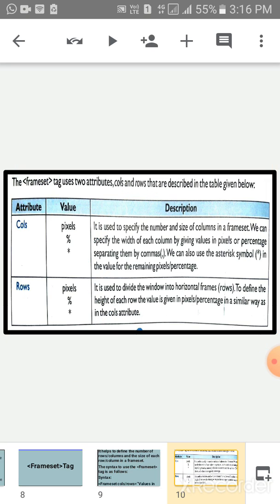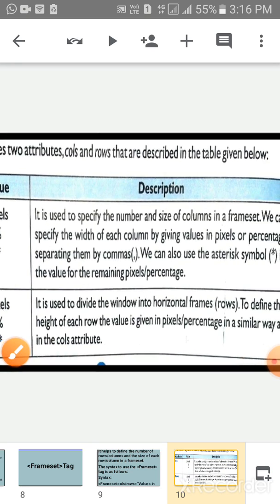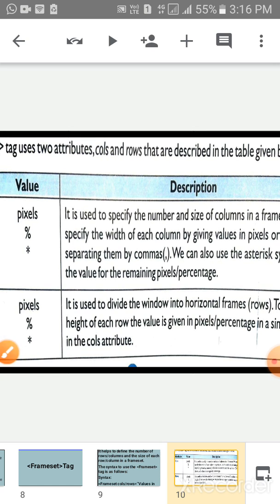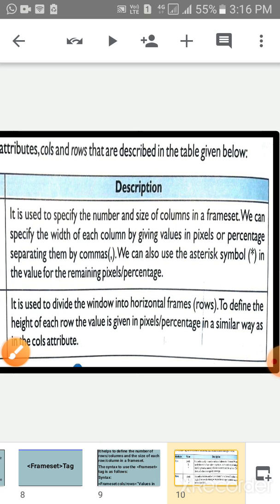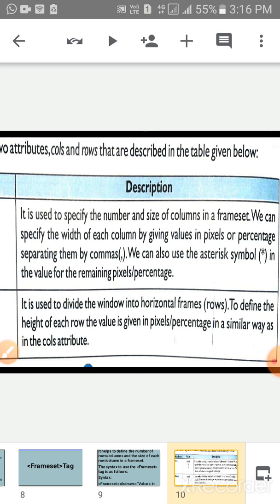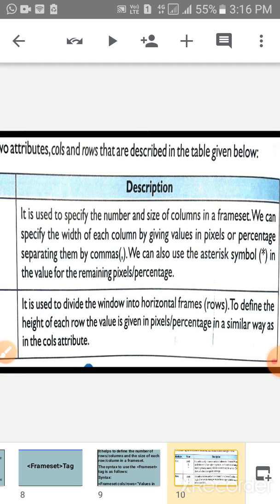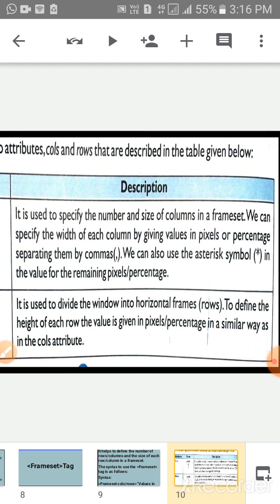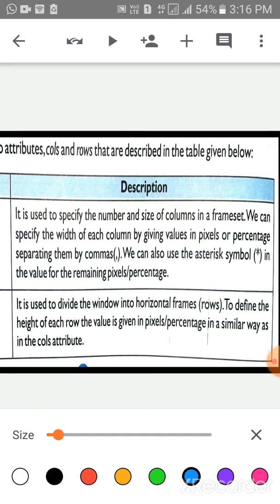Children, look at the screen. The cols attribute is used to specify the number and size of columns in a frame set. We specify the width of each column by giving values in pixel or percentage, separating them by commas. We can also use the asterisk in a value for the remaining pixel or percentage.